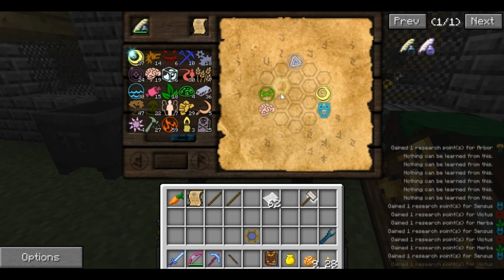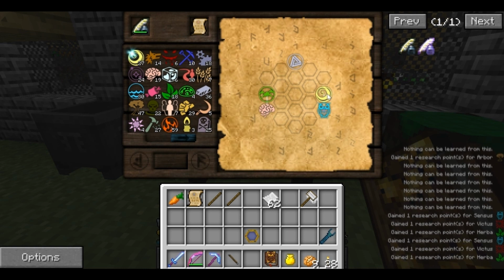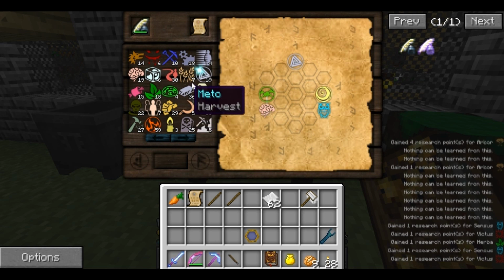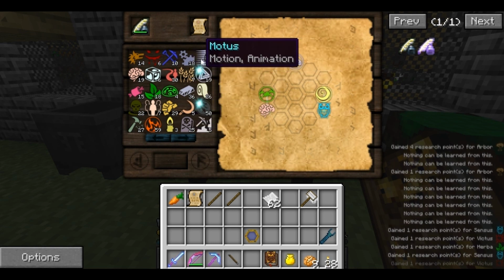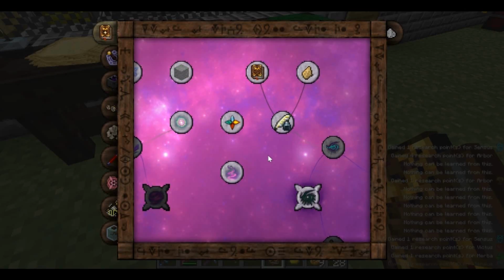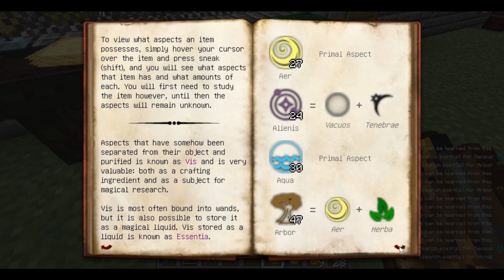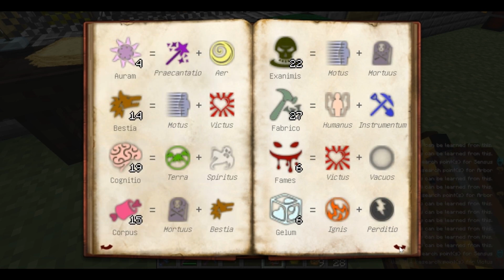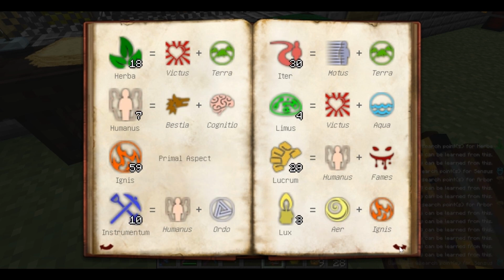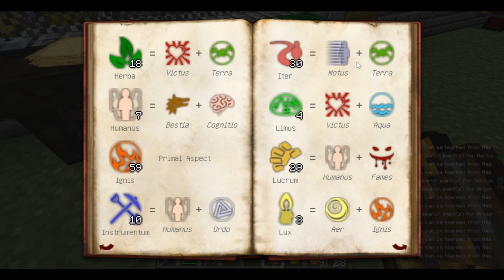All right. And we're going to go ahead and combine a couple of things so that we can connect all these together. Okay, I happen to know that air and water makes modus. So I'm going to go ahead and get some modus out. And there we go, modus. And that's now going to connect that, okay? So when we look over at modus, we can use modus and connect that with ordo. I can't remember which one it is. Modus, Victus, modus, no. All right, iter is modus and terra, and that's...